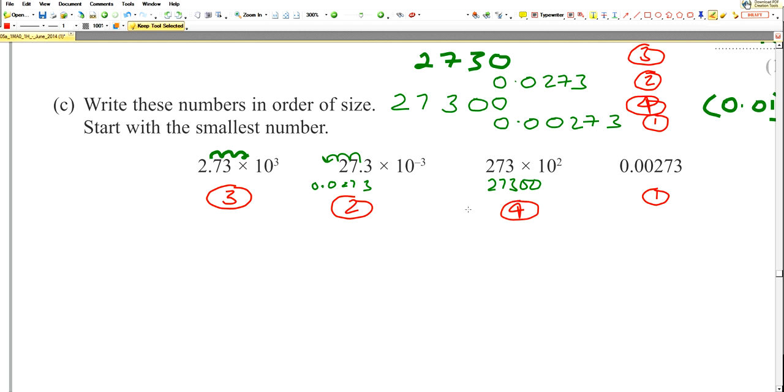Now, it says write these numbers in order of size. Start with the smallest first. Now, one mistake that students make is they use these numbers over here. This is my working out. You're meant to use the original values, which are in bold black print. So let's now do that. So now let's do the answer. So the smallest number is